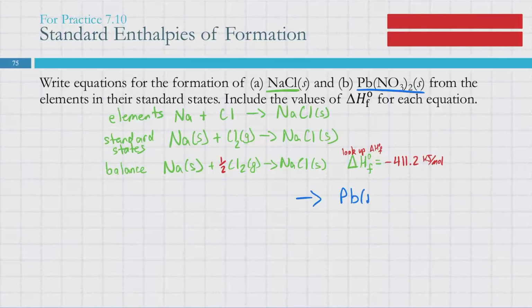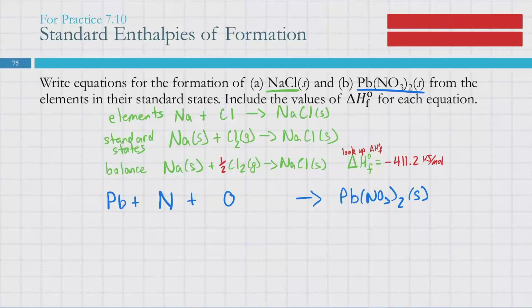We're forming PbNO3, our lead 2 nitrate, as a solid. What elements are in there? Lead. Yep. So we got Pb. What else do we have? What other elements do we have? Nitrogen. And our last element,